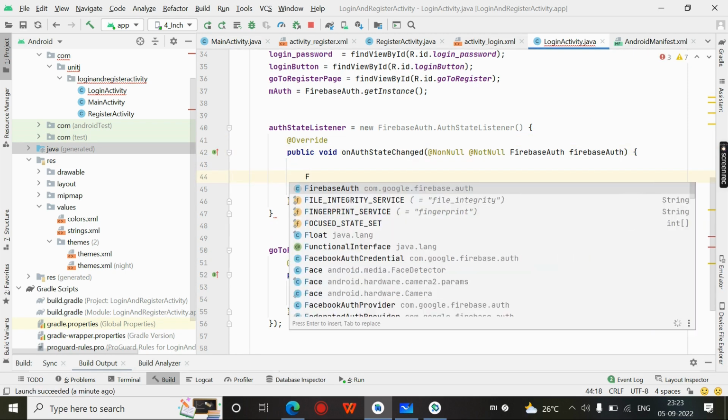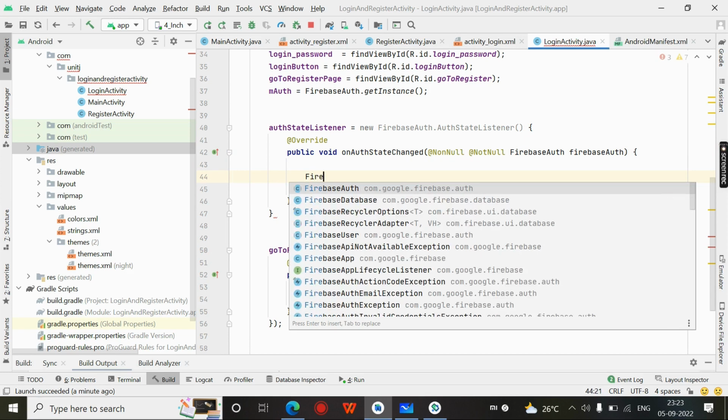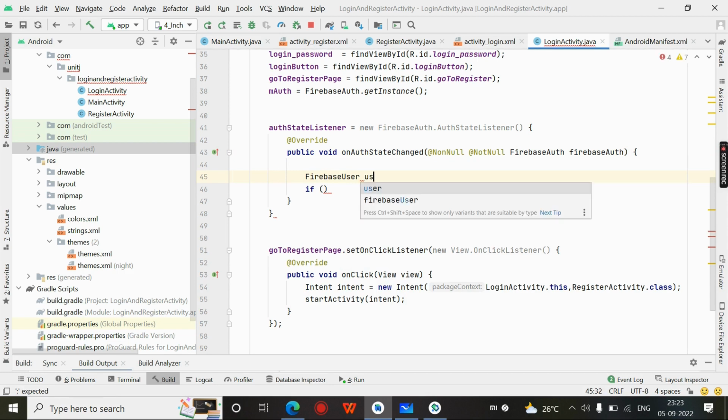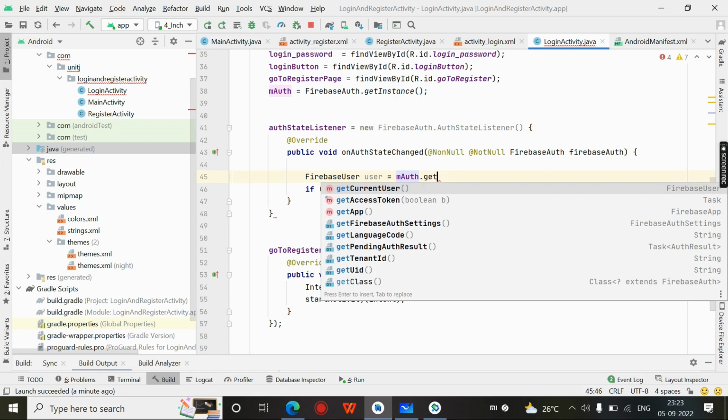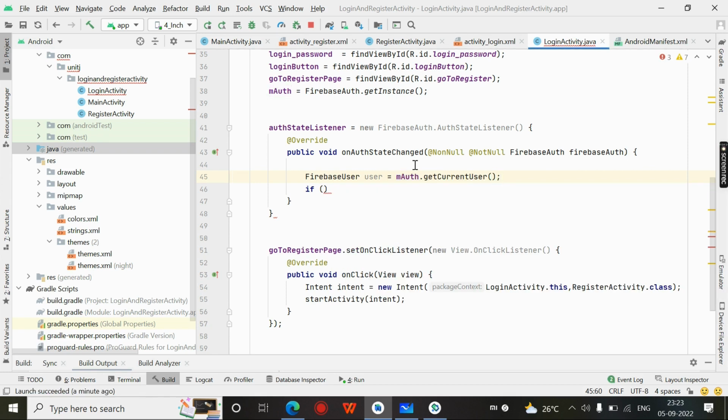Yes, FirebaseUser, we need to get the current user. FirebaseUser, I termed it as user, mAuth dot getCurrentUser. Now we are retrieving the user information from our database and checking whether this user is already registered or not. Simple terms, right? If user is not equal to null,